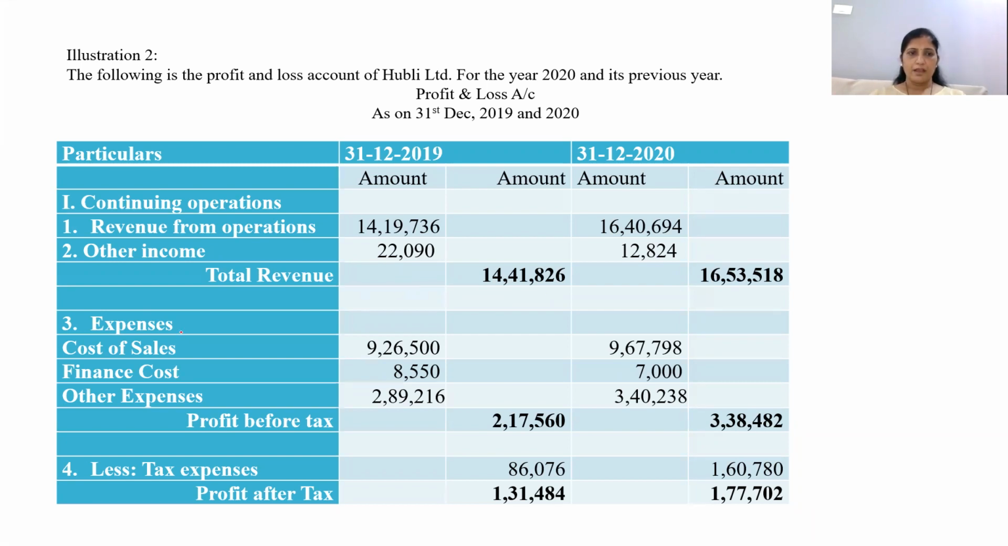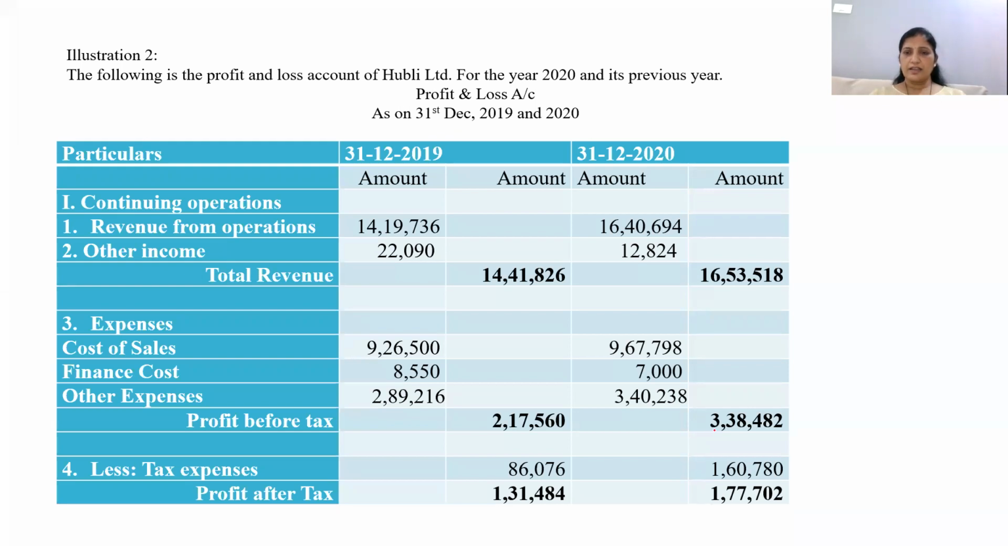53,518. In the expenses, cost of sales, you have 9 lakh 26,500. Here it is 9 lakh 67,798. Finance cost 8,550, and here 7,000. Other expenses 2 lakhs 89,216, and this is 3 lakh 40,238. So profit before tax is